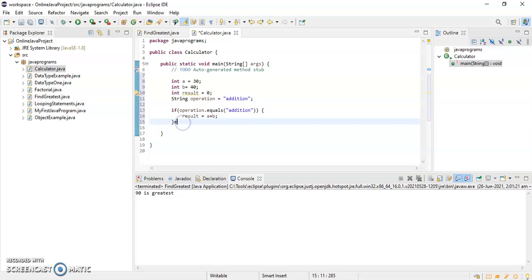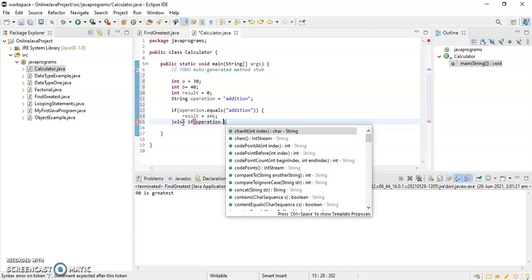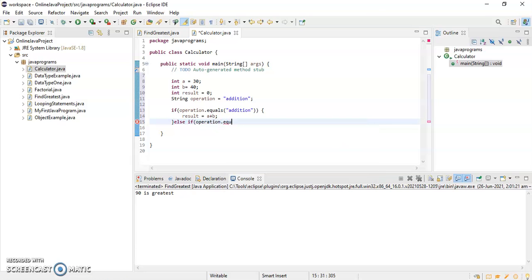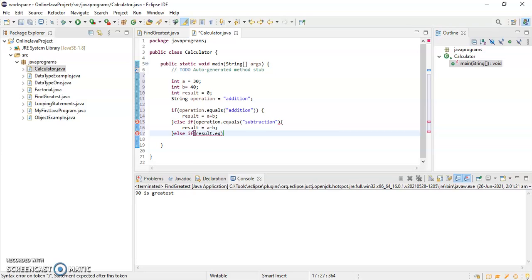If I write else if operation.equals say for example subtraction, then result is equal to a minus b. Else if operation.equals say multiplication, then I have to write result is equal to a into b.